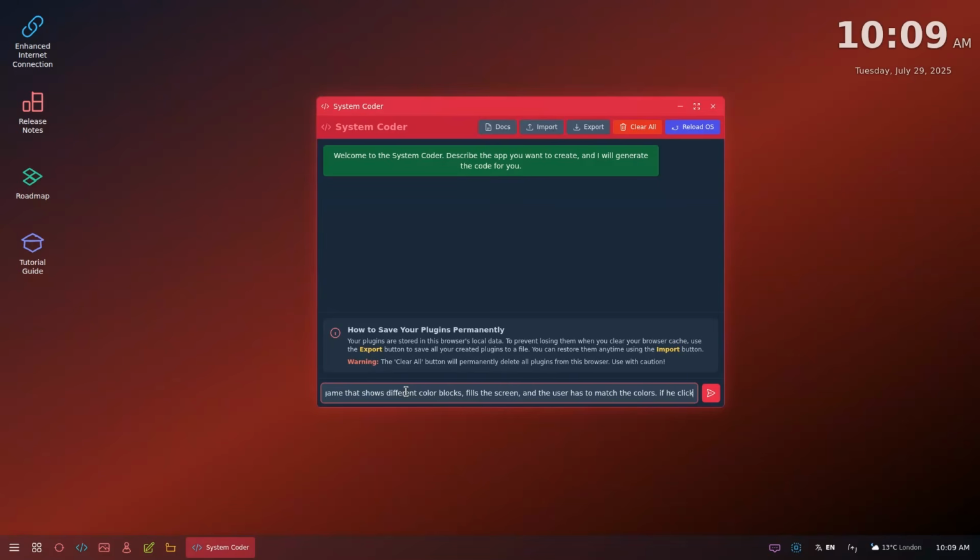If he clicks three of the same colors, they have to be touching each other. Three of the same, three or more of the same colors, they have to be touching each other. We remove the color blocks the user clicked,